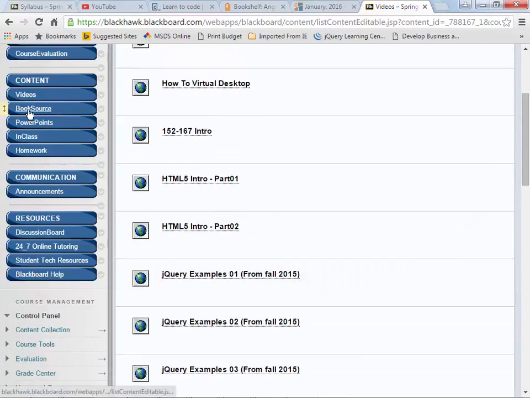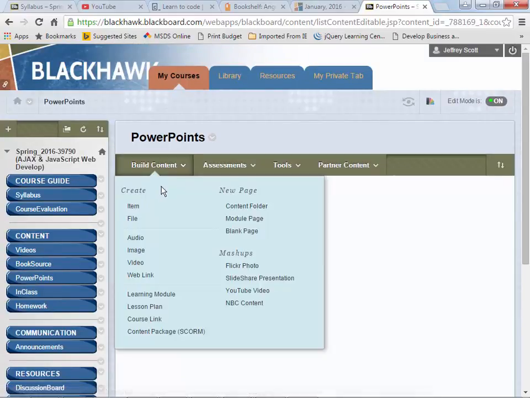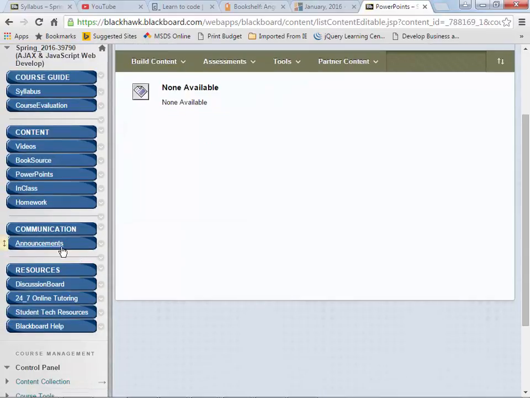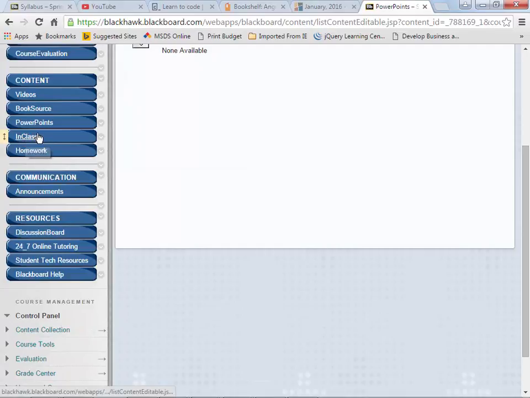I already showed you the book source. There are no PowerPoints, I don't believe. If there aren't any, I always just put a message, none available. Okay. Anything that we do in class will be under the in class thing. Your homework will be in here. And I didn't mention this last time, the other class, but I'll say it again. I'll say it now. And that is,